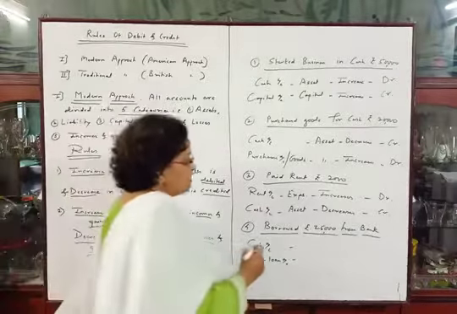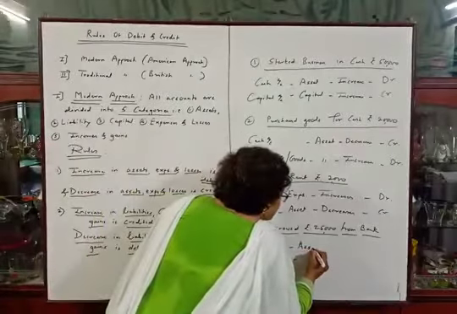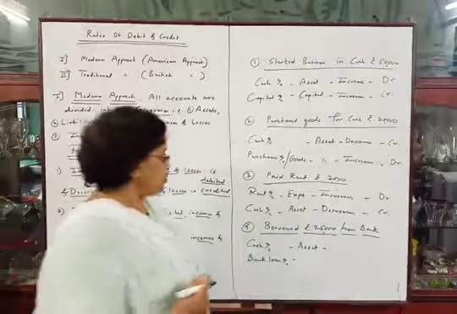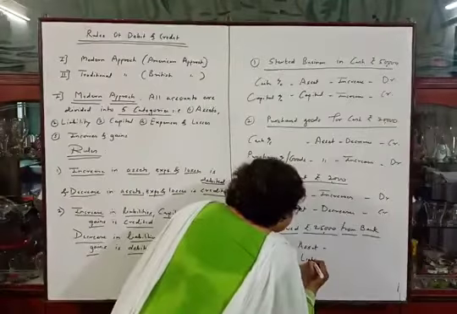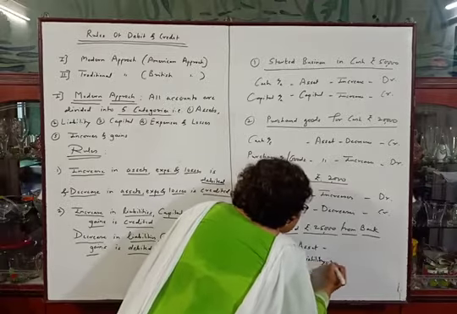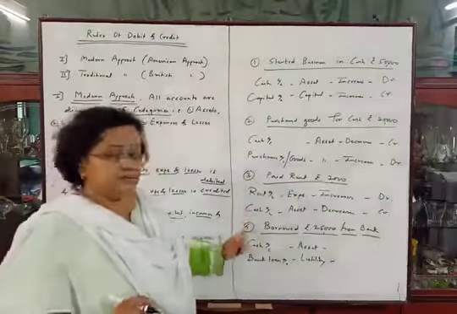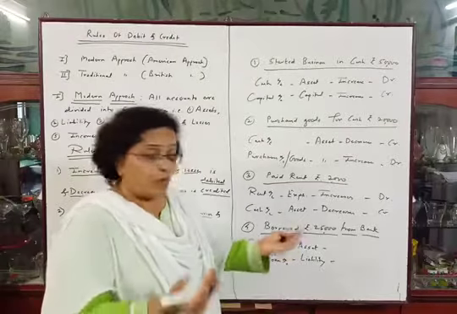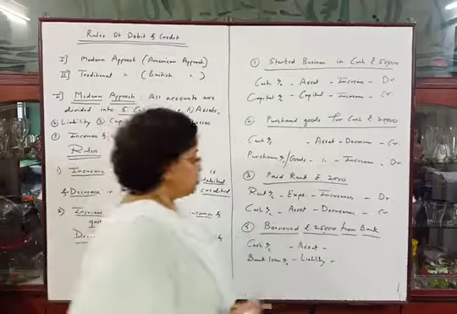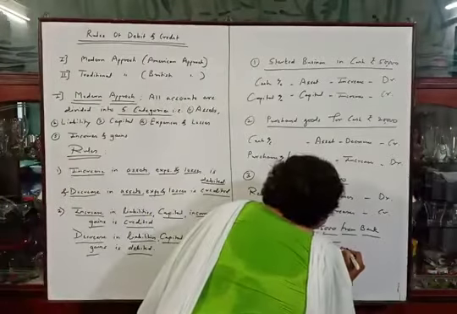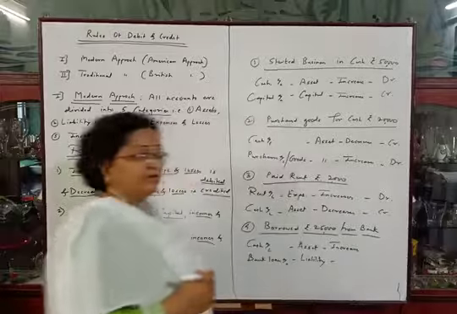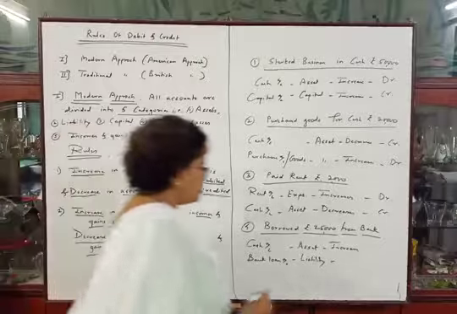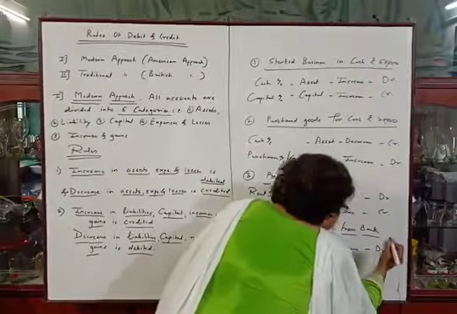Now we all know that cash is our asset and bank loan, the new liability, is created in the business. So bank loan is our liability. Okay. See, I have already explained this transaction to you, that when we borrow something, our cash is increasing. So cash increases. The rule says that increase in asset is to be debited. Okay. So we have to debit cash account here.